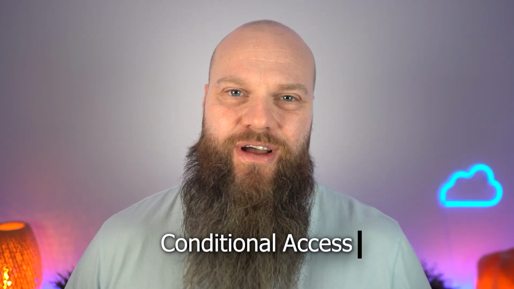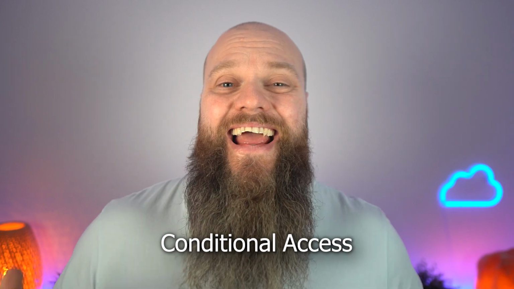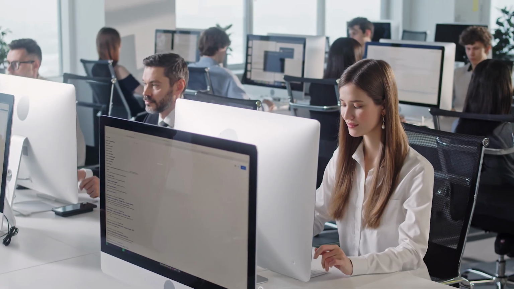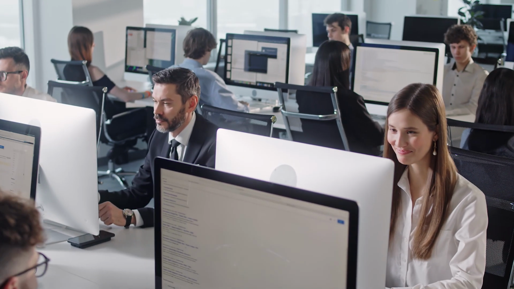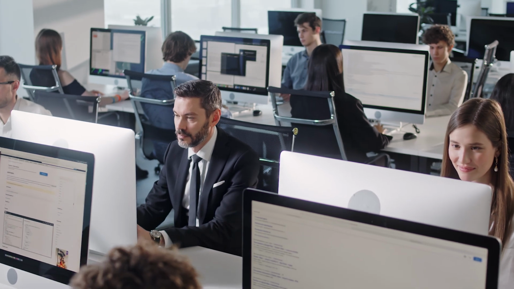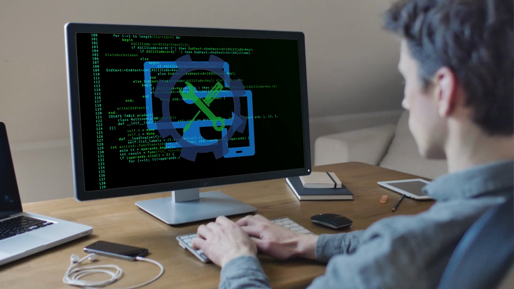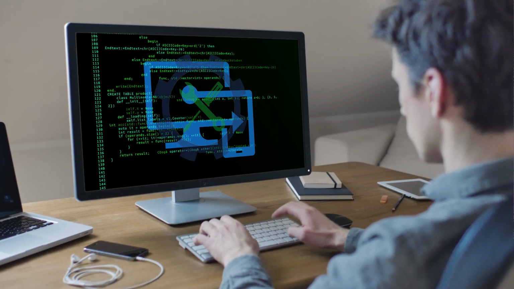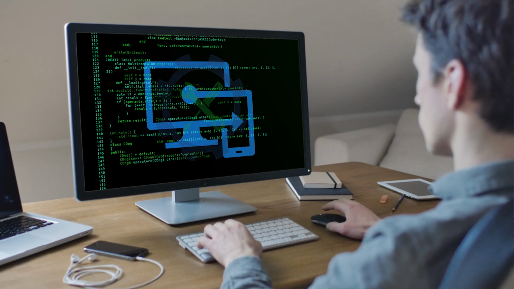But first, just a few words. This is conditional access, folks, and the tenant I'm using is a test tenant. So if you're looking after Microsoft 365 for an organization, don't rush into creating these policies. Test them first and use the report only mode rather than switching it straight on.